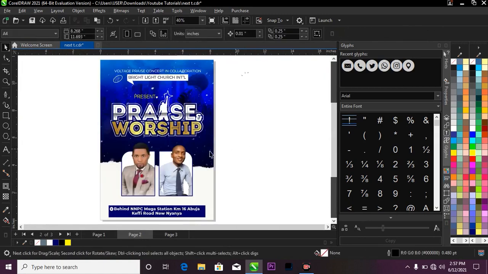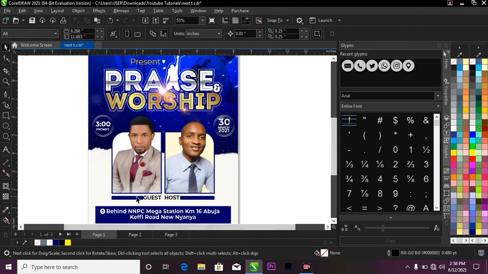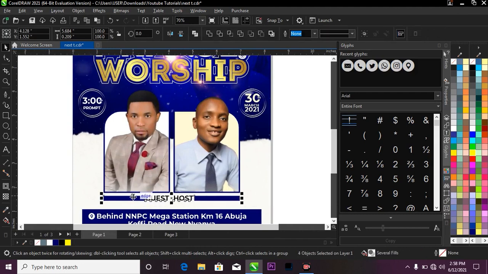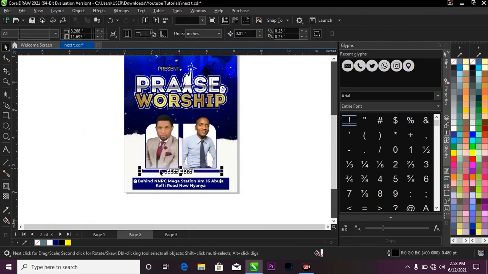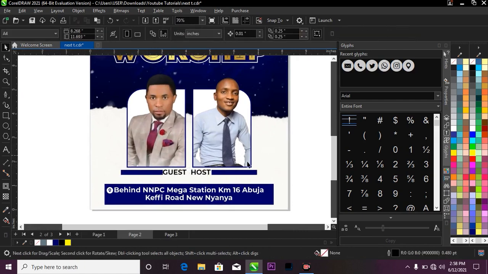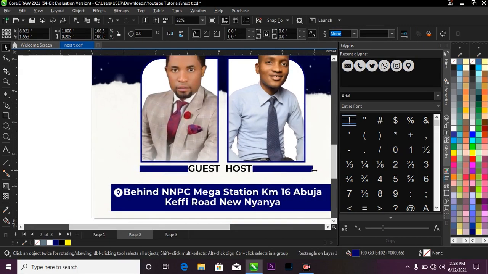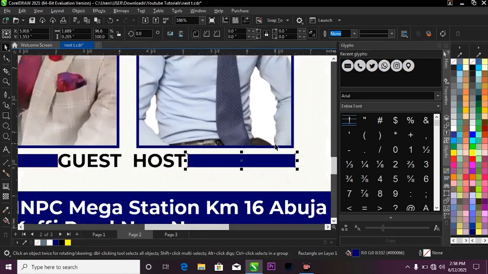So what I'm going to do is I'll just bring in this host and the guest over here like this with the boxes. Press Ctrl C on your keyboard to copy it, and come over to this place and press Ctrl V to paste them like this. For you might just go ahead and type in your guest name and host. But for me, I'll just go ahead and leave it like this because I'm just doing this flyer for the sake of